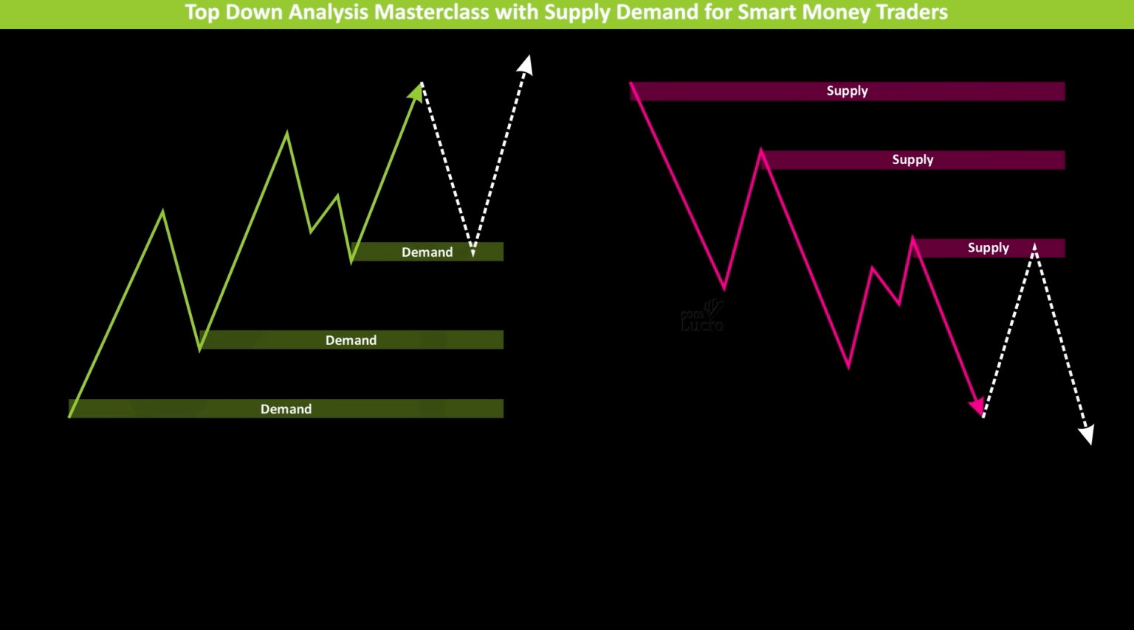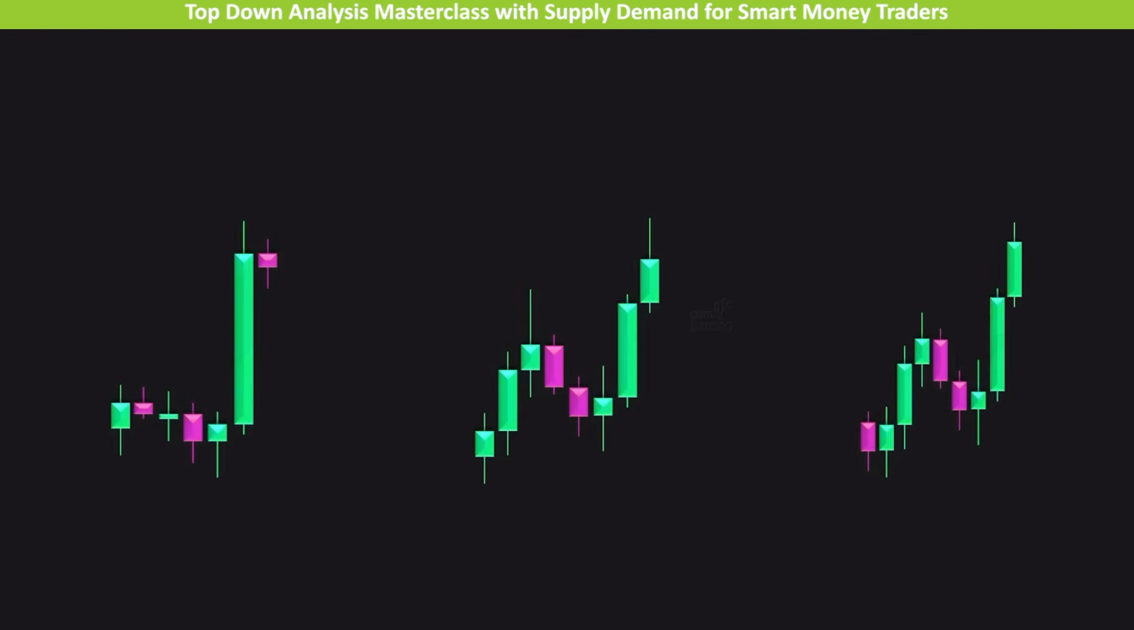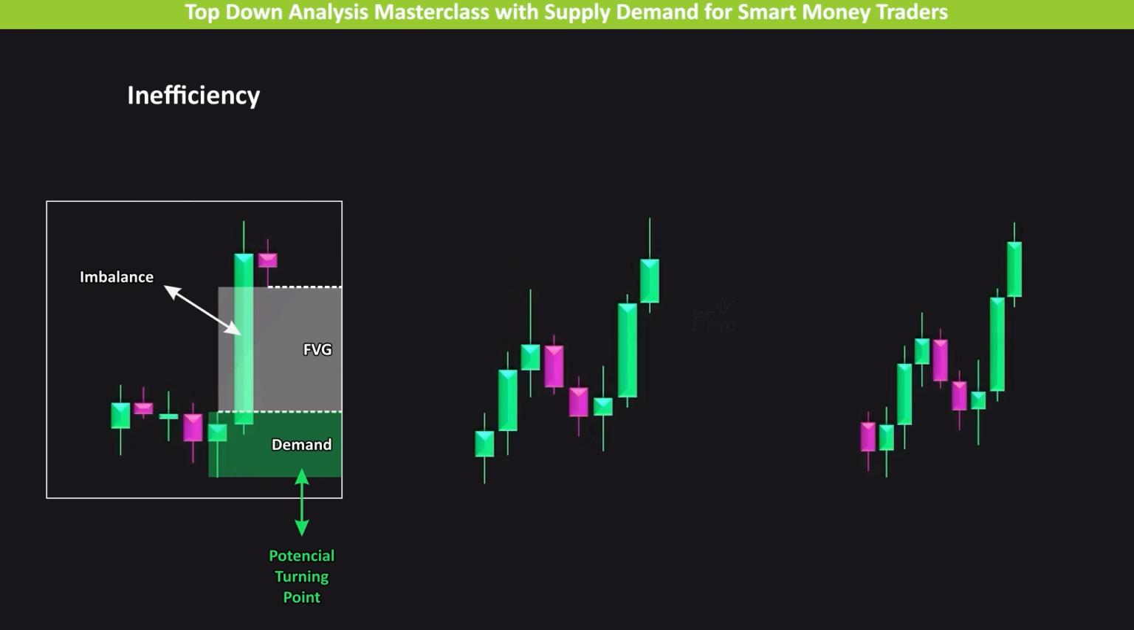That said, certain elements increase the strength of a supply or demand zone: inefficiency, break of structure, and push distance. Inefficiency occurs when price leaves a zone with strong momentum, creating an imbalance between buying and selling pressure. This is often visible through fair value gaps formed between candles. These gaps suggest that there was insufficient opposing pressure at that level, which reinforces the strength of the demand or